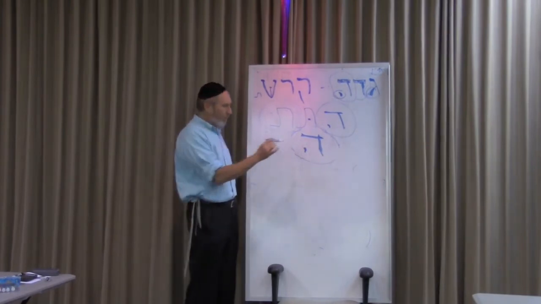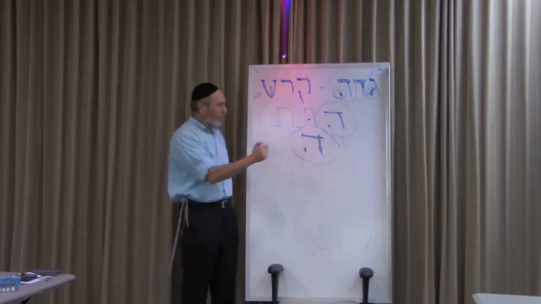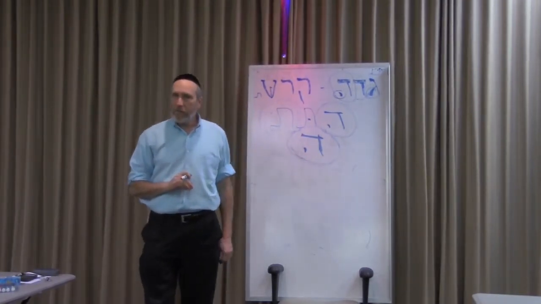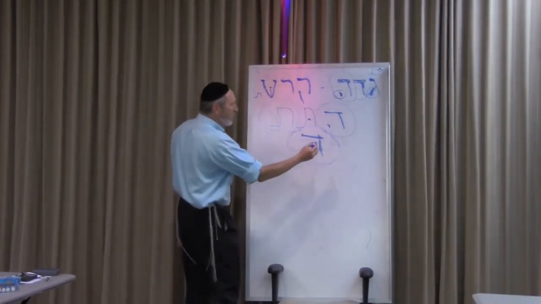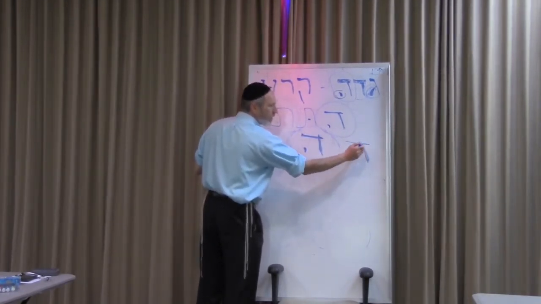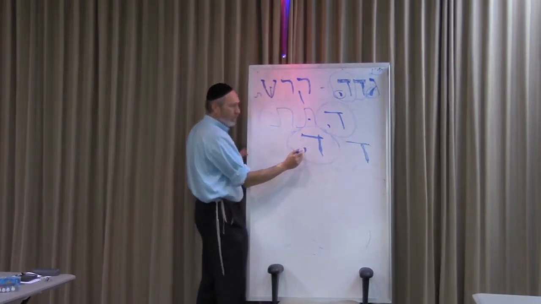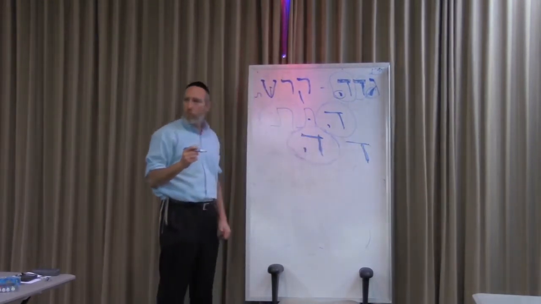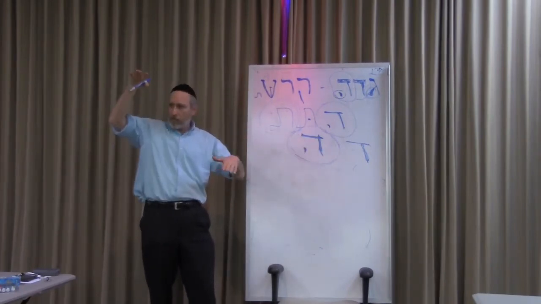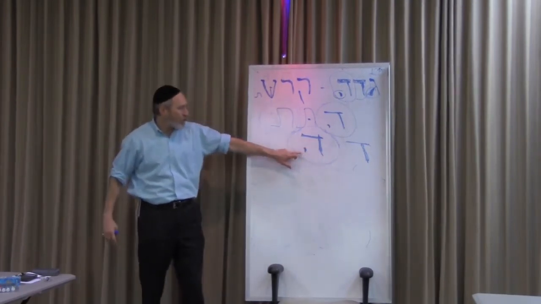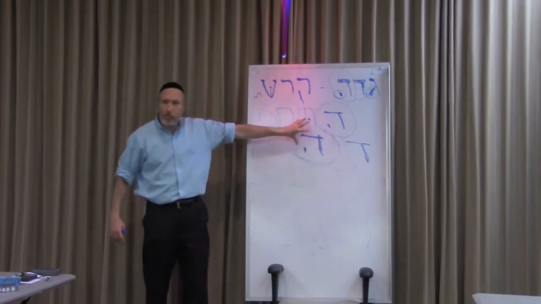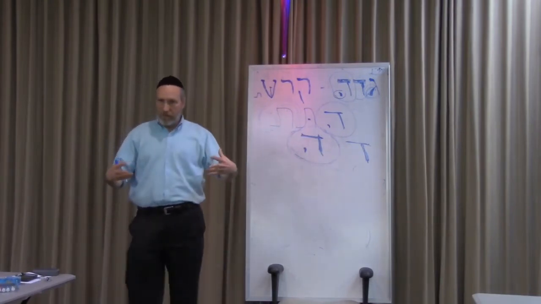That's right. The Yud is going to come, makes this world, which is made with a Hey, and what it does is it takes the Dalet here, that is poor, and it's physical, and it enlivens it with the Yud to make this world, where you can express yourself in thought, one line, speech, another line, action, another line, which sometimes is disconnected, but this is the world that you can function in. This is existence of our world.